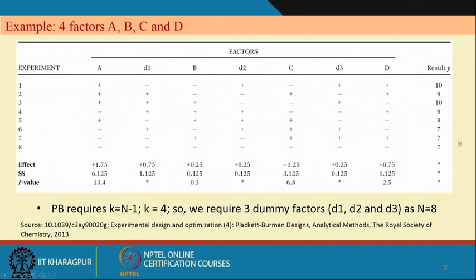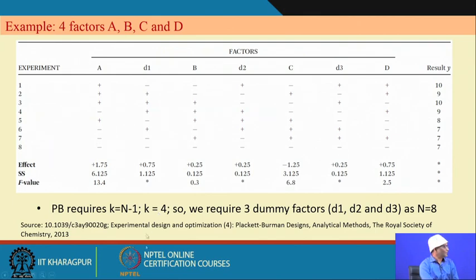And once you have done the experiment, let the result be like this. For the first treatment 10, second treatment 9, 10, 9, like this. Okay. So, you find out the effect using the formula 2 times contrast by n, and the sum of squares is contrast squared by n, and then using this data you will get the effects. For A it is 1.75 and like this, and SS also like this, and then you can use this information to find out the